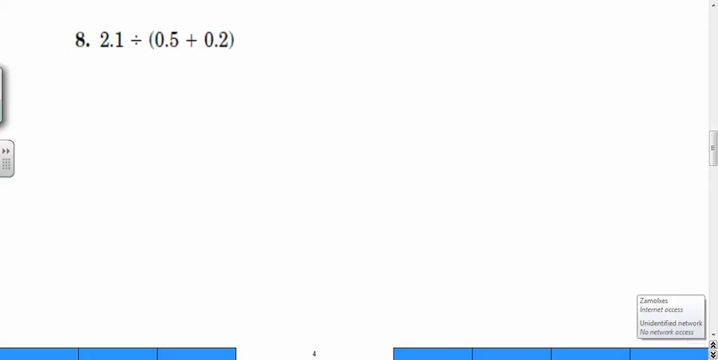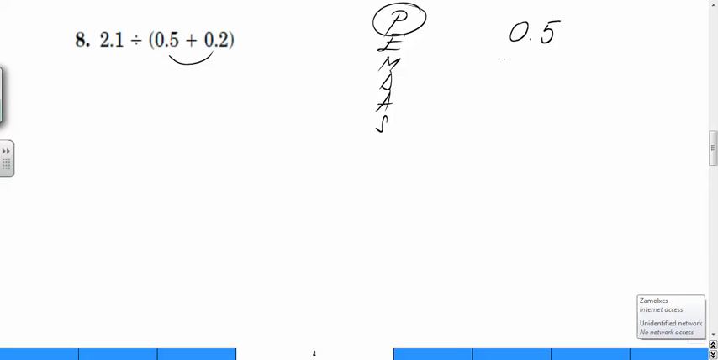Let's do another one. 2.1 divided by, in parentheses, 0.5 plus 0.2. What should we do? Think. Well, Mr. N told us to write down the order of operations. Right? Do we have parentheses? Yes, we do. In the parentheses, I have 0.5 plus 0.2. Now,